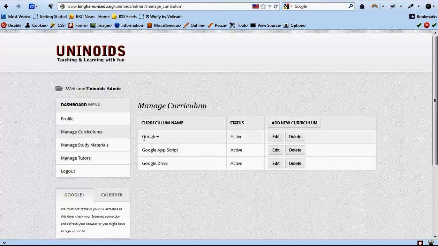Alright, so you can see the Google Plus curriculum has been added and the status here is active. As well, we can delete and edit the curriculum at will if you want. So the next thing the administrator can do is to create study materials. Now study materials